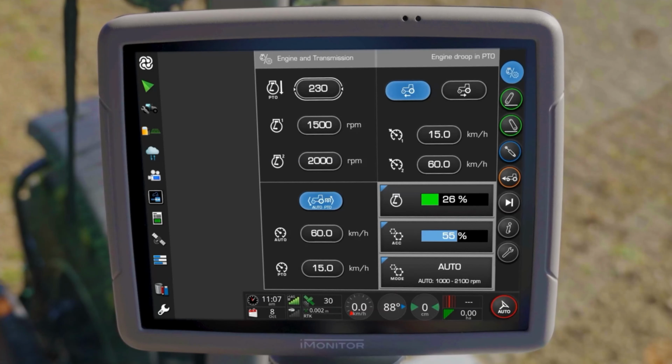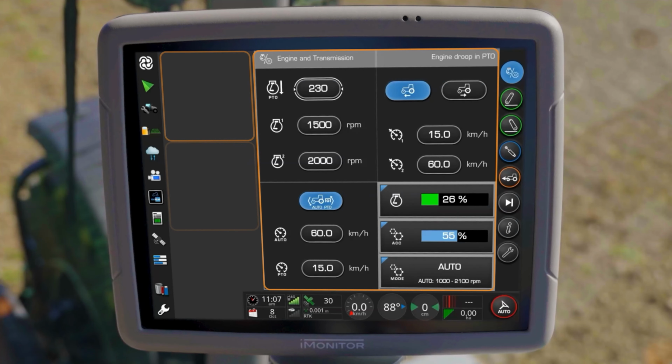With this guide, we would like to introduce you to the features and the settings of the iMonitor. In this episode, we explore the general structure of the iMonitor user interface. The iMonitor consists of a main view, which you currently see, and a setup menu. To access the setup menu, simply tap on the spanner icon in the lower left corner.